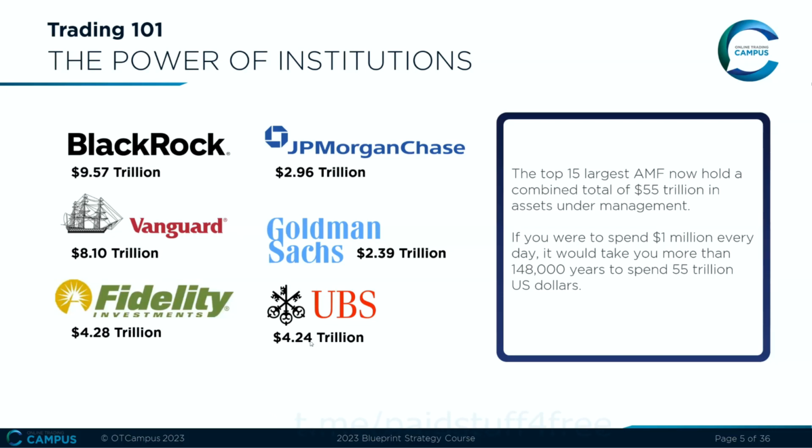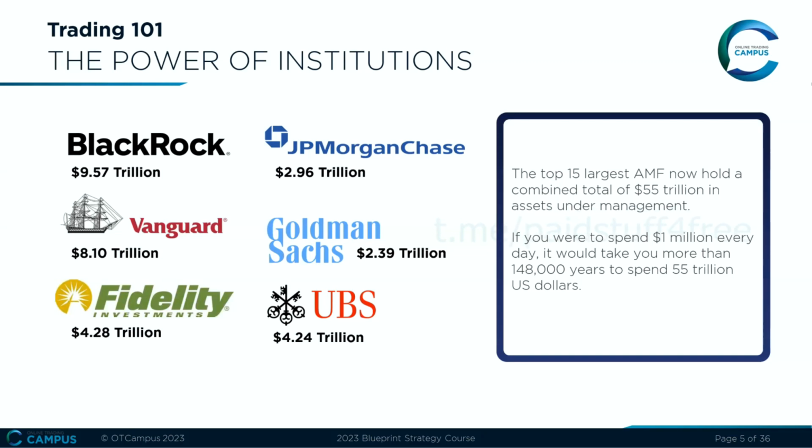They have 4.24 trillion US dollars under management. And then two other well-known asset management firms and/or banks, in this case JP Morgan Chase and Goldman Sachs. JP Morgan Chase has 2.96 trillion US dollars under management currently, and Goldman Sachs has $2.39 trillion under management. That makes JP Morgan the 8th ranked in terms of assets under management, and it makes Goldman Sachs the 11th